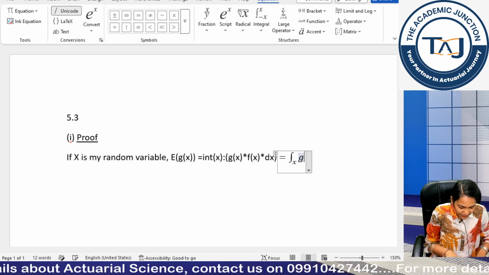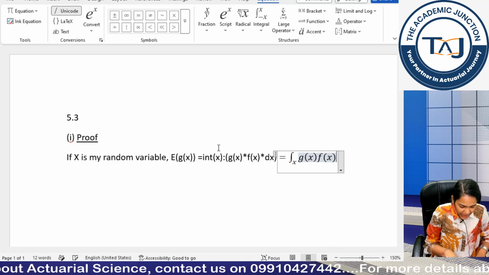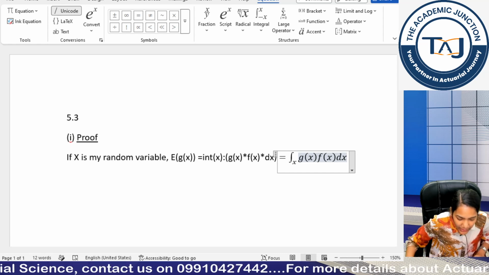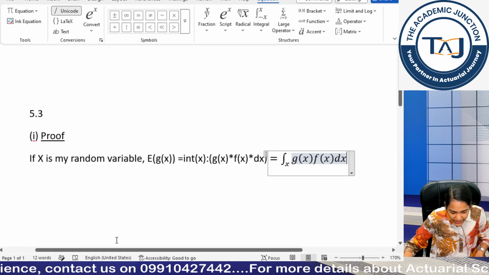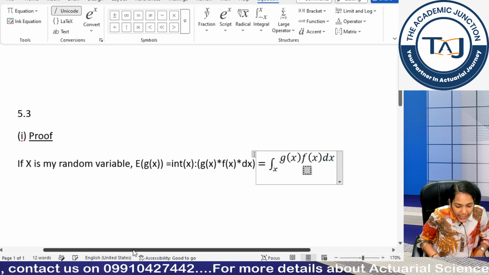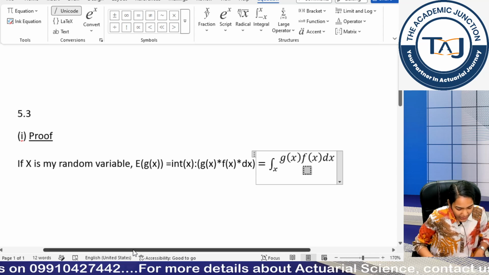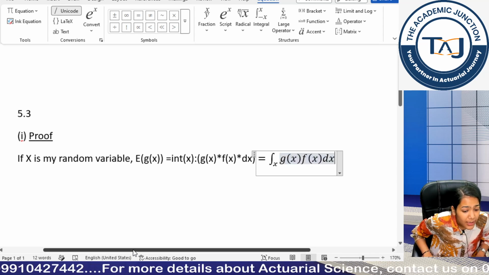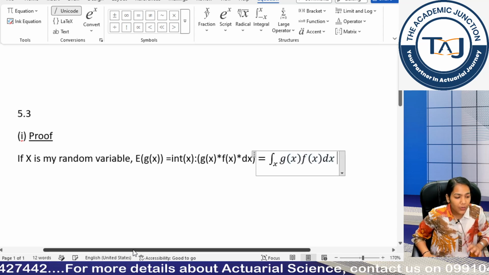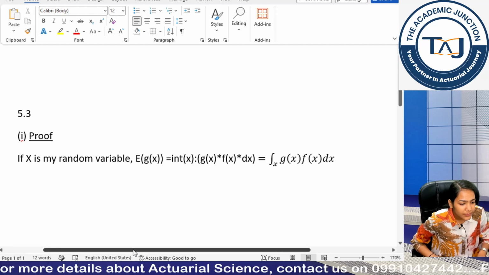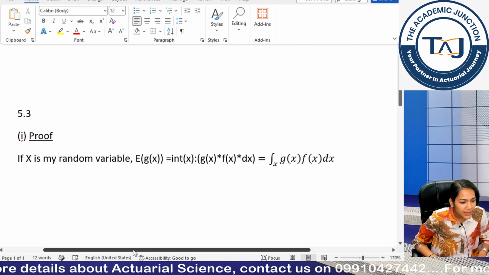Now I have g(x) f(x), so you can simply write g(x) f(x) dx. Now you can see this blue bar, which means we are within the integral, and if I press enter, I would be shifting within the integral, but I don't want that. So I'll use my forward arrow key to move out of the integral. Done till now? Everyone give me a thumbs up if done till now.